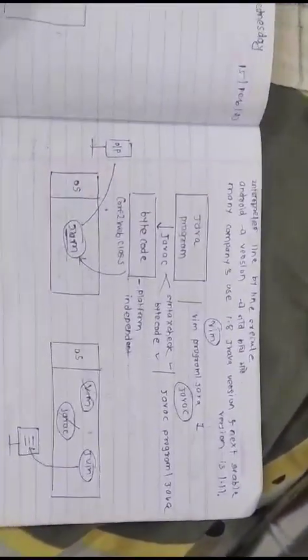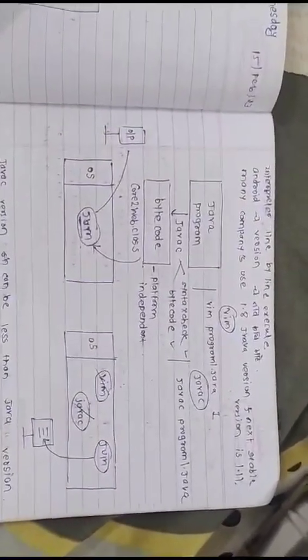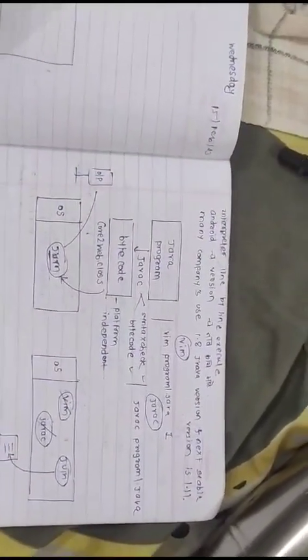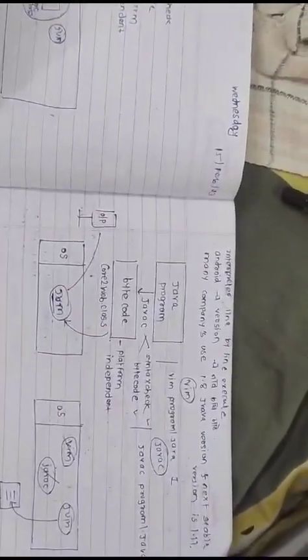Hello friends, in this video we will discuss the JVM architecture. JVM stands for Java Virtual Machine. When we compile the Java code, the program compiles and the bytecode is made, and this